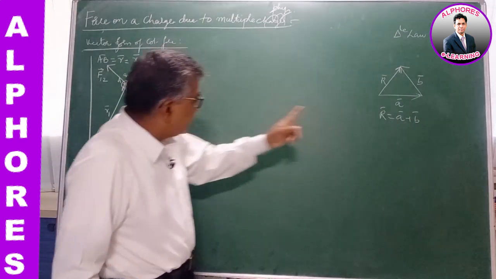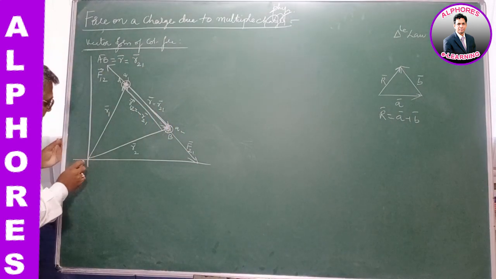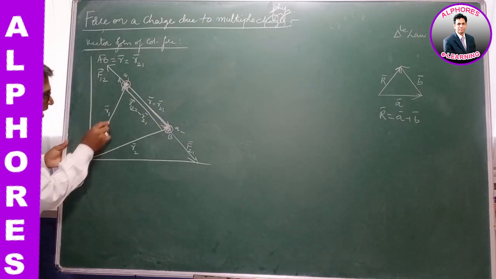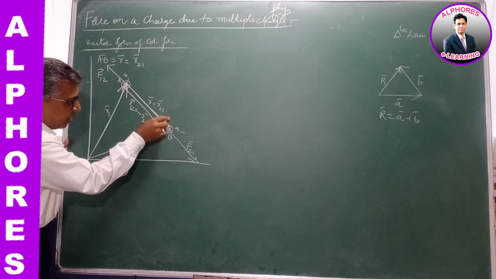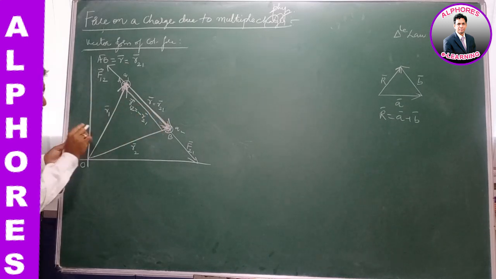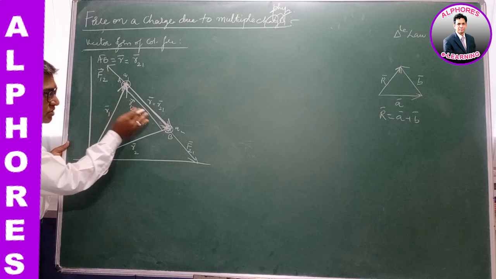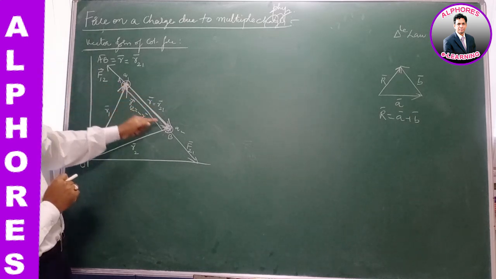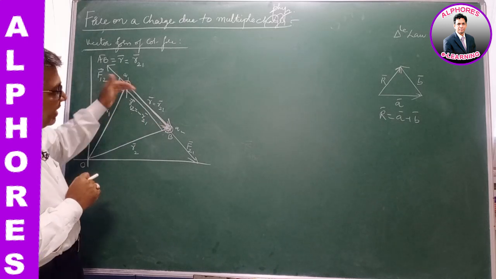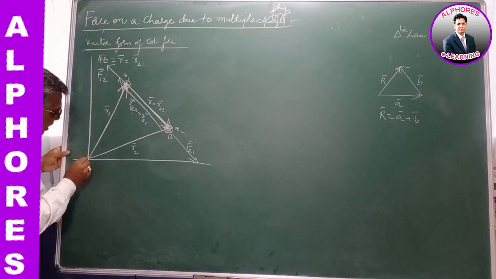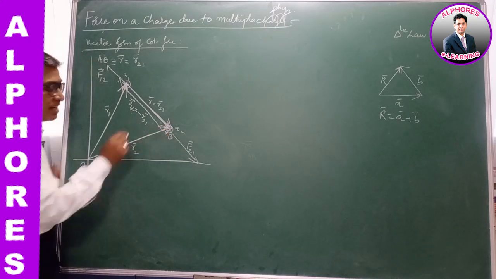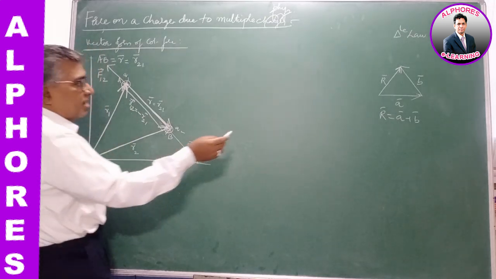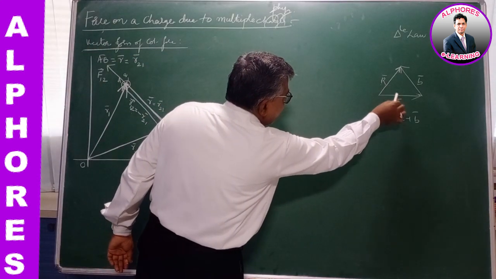So let us apply that in this. Now consider a triangle OAB. OA and AB are represented as two sides of a triangle taken in order. You see, OA and from A to B, two sides of a triangle taken in order. Now OB bar is the third side of the triangle taken in reverse order. So applying this triangle law, R bar, the third side, is A bar plus B bar.